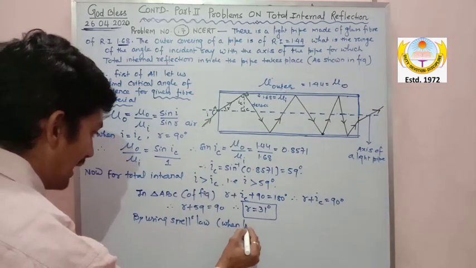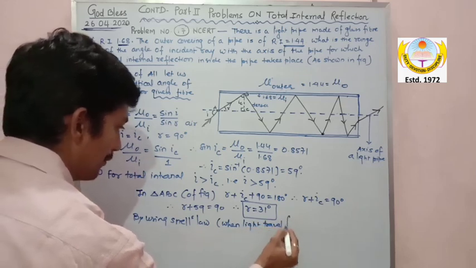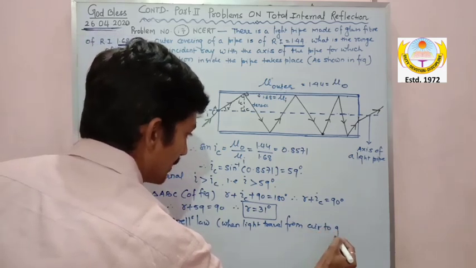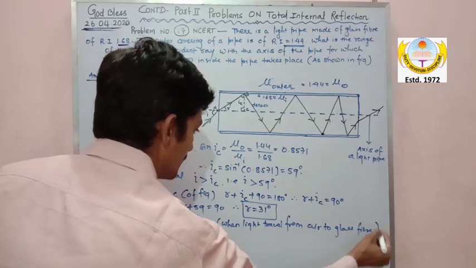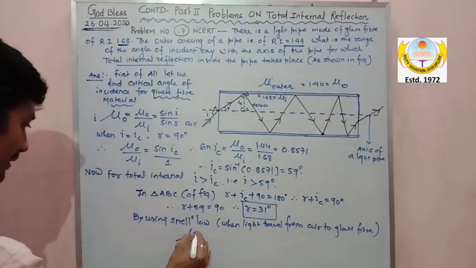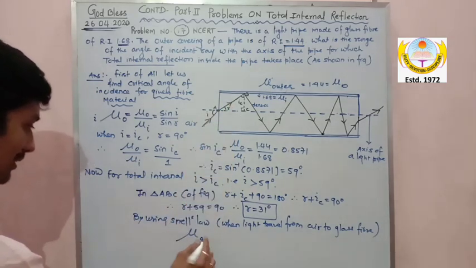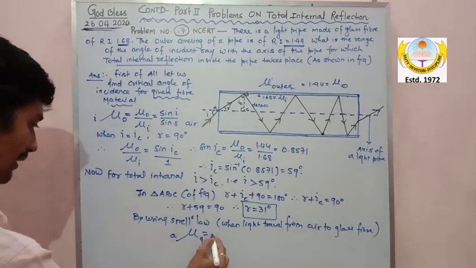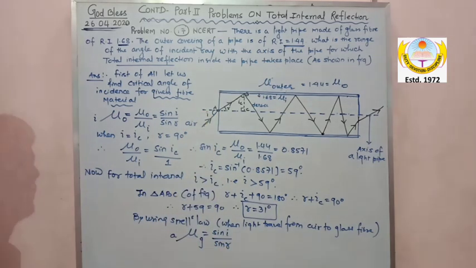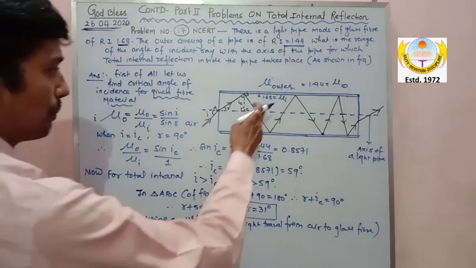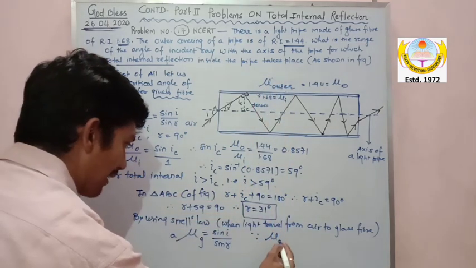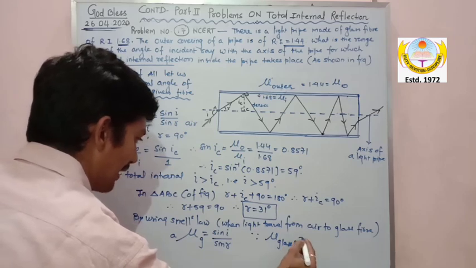When light travels from air to glass fiber, this is mu of glass fiber with respect to air, that is nothing but sin I divided by sin R. And my dear, I hope mu of glass fiber is taken as 1.68 because it is inside material. Since mu of glass fiber is 1.68,